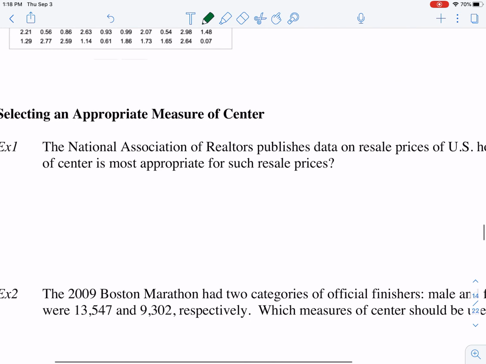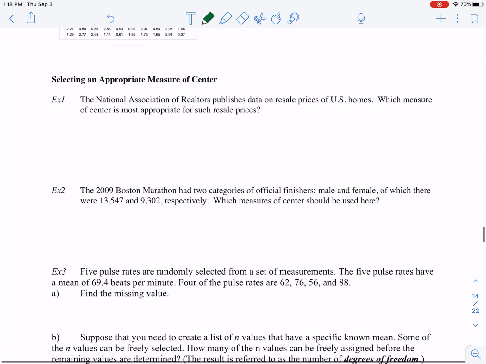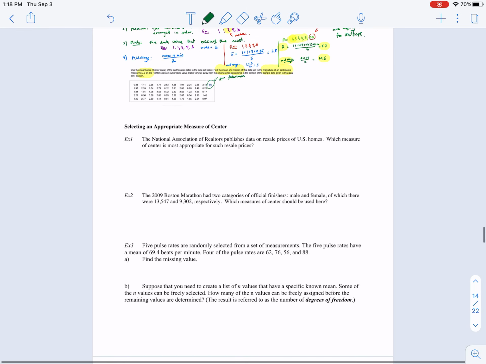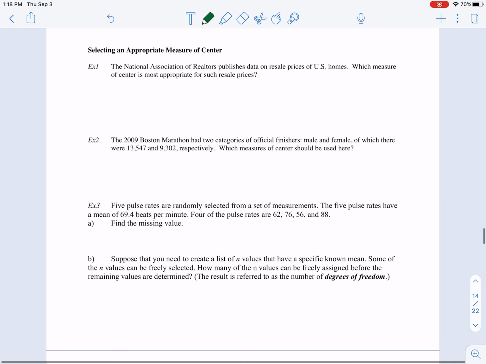and then discuss whether 0.7 is an outlier or not. Another thing too: here are some examples of how we know when the measure of center can be used, which one is appropriate, and why it is important. I'll go over at least one example here with you. So the first example